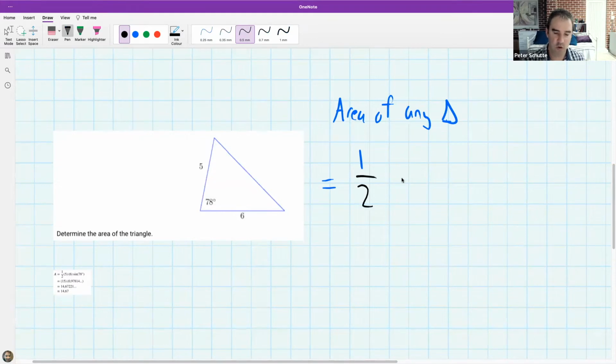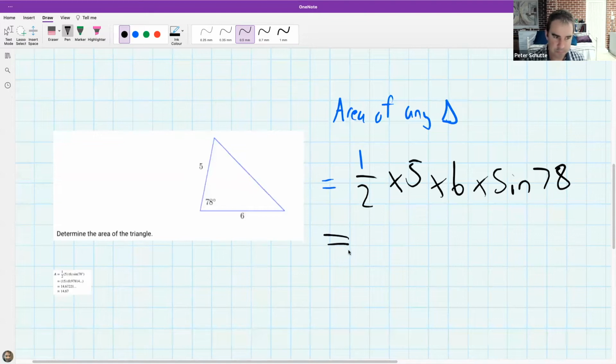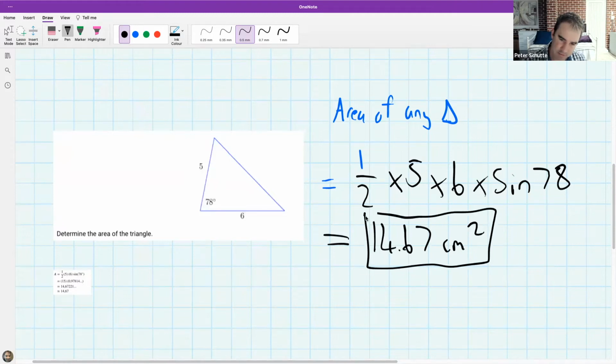The way it worked was you went a half times 5 times 6 times the sine of the angle in between those two. And what we got for that is 14.67 centimeters squared. So that is where we left the last lesson. I kind of just made this claim that from now on, you can use this magic formula to find the